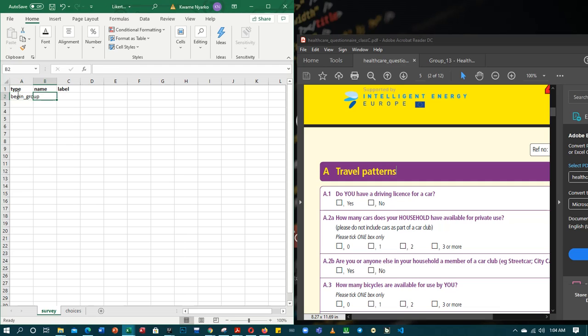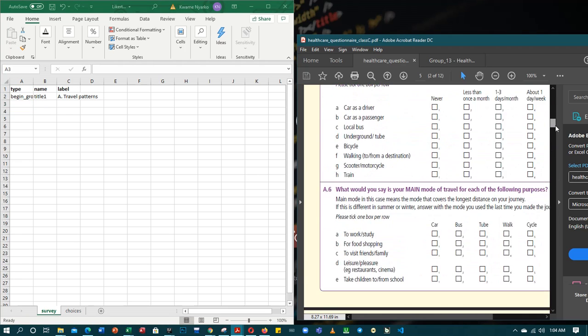Let's give it title 1. That's the variable name. And then the question which will be displayed to the user will be A, travel patterns, right? Okay, now we'll also begin a group again, which is